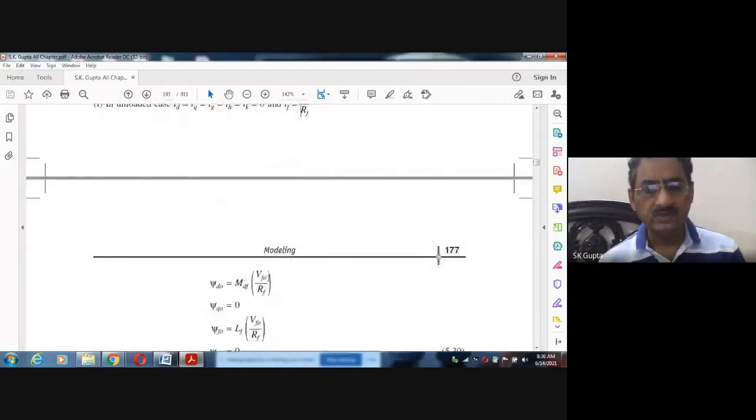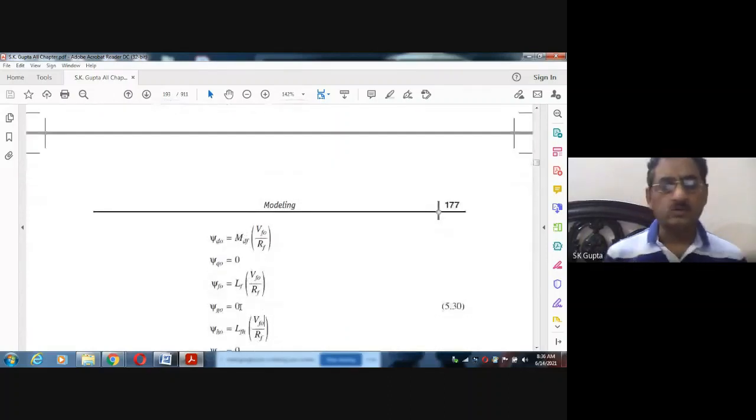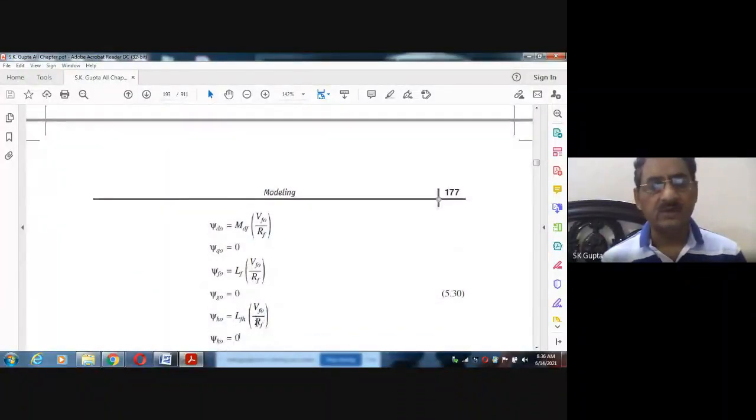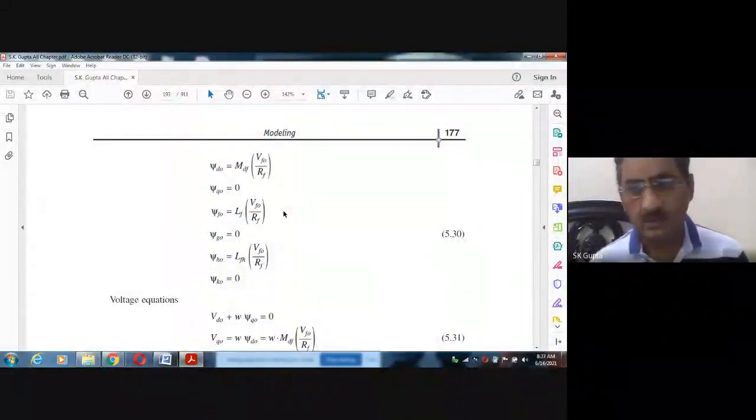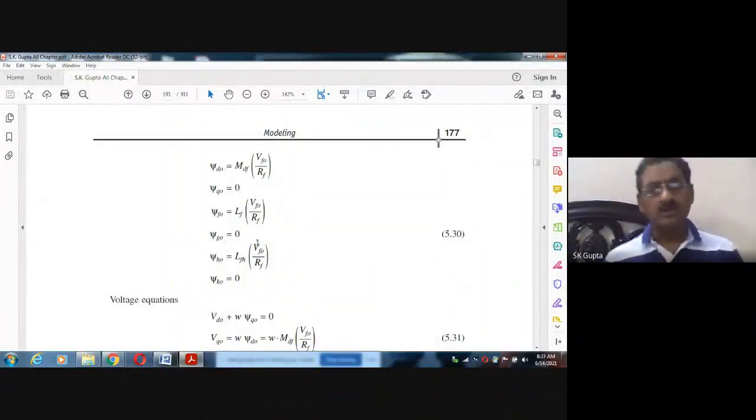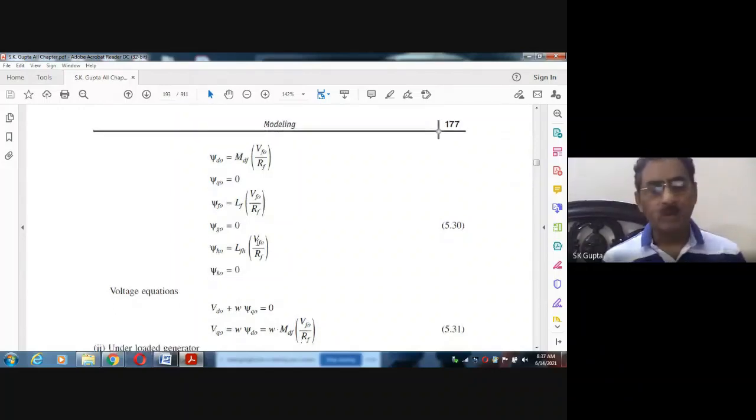From here we can write this MDF, it is IF. So all currents except the field current are 0, and in place of field current we write VF by RF. So this equation will be changed like this. जो हमारी 6 इक्वेशन ऊपर थी फ्लक्स की, वो अंडर स्टेडी स्टेट एंड अंडर नो लोड कंडीशन फ्लक्स की इक्वेशन ऐसे कन्वर्ट हो गई।